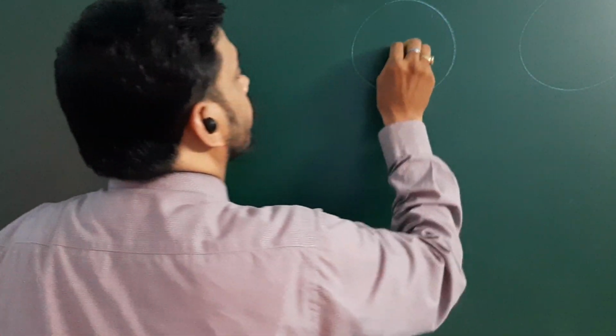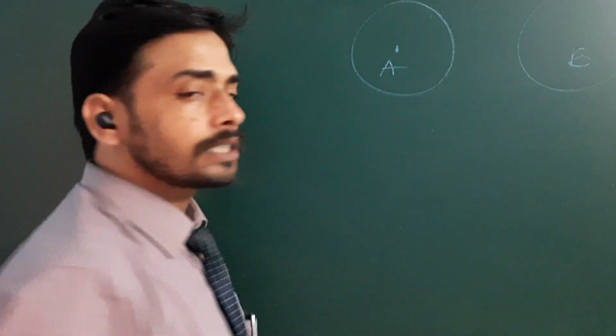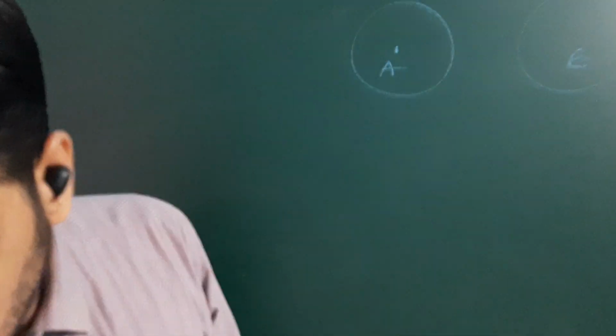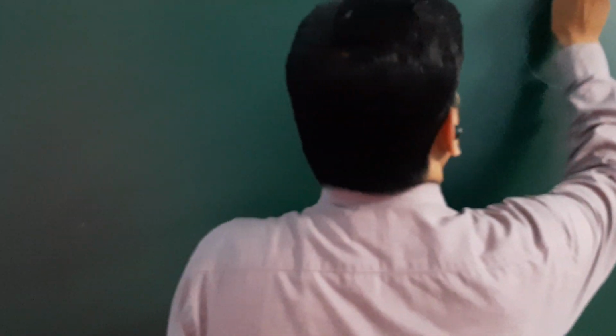Now just see question number 9, right? Question number 9. What is the question? In question number 9, it is given two identical spherical metallic balls, right? We have two identical metallic balls, A and B. It is given in the question that they have the charges plus 40 microcoulomb and minus 10 microcoulomb. It has plus 40 microcoulomb and it has minus 10 microcoulomb.